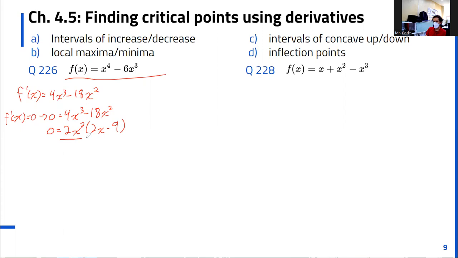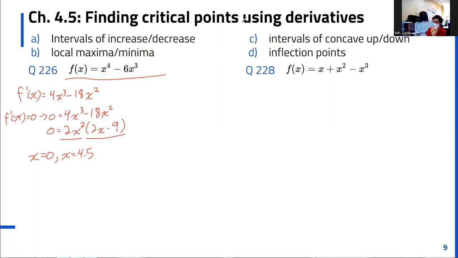Okay, so either this is equal to 0 or this is equal to 0. If 2x squared is equal to 0, then x is equal to 0. Or if 2x minus 9 is equal to 0, then x is equal to 4.5. Okay, so two possible turning points. We need to check with